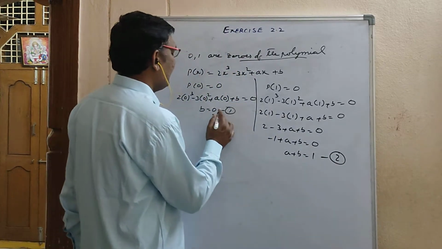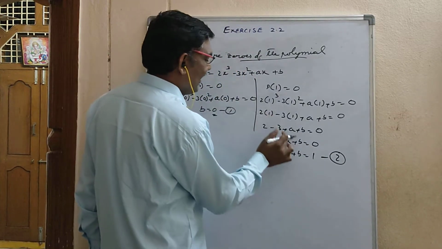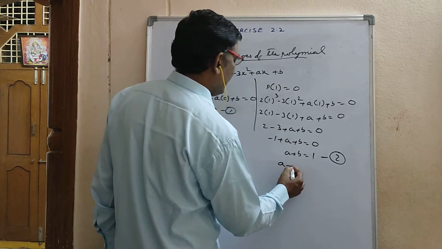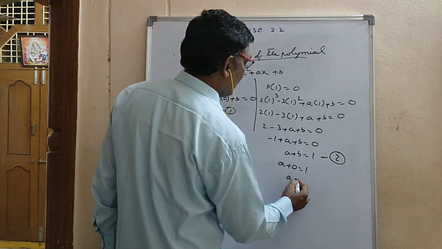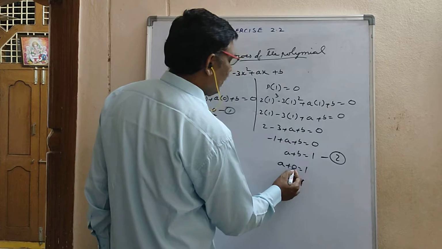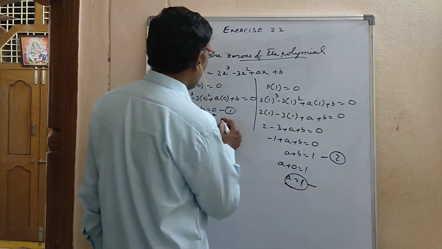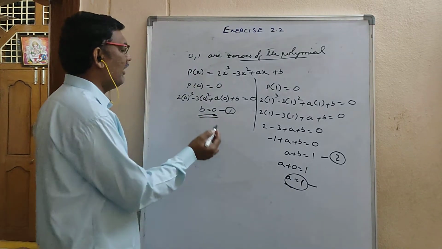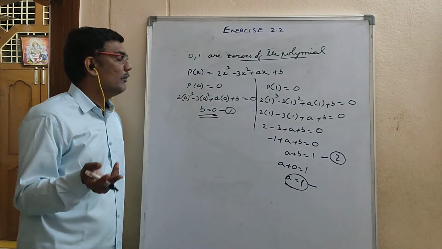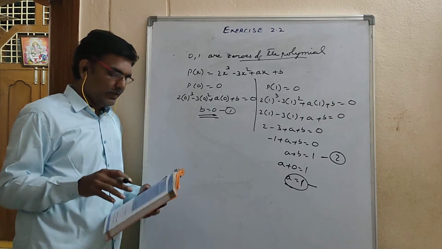What is the value of b here? 0. Substitute the b value in this one. So a plus 0 is equal to 1. If 0 is added to a, a only remains, so a is equal to 1. So you found the values of a and b. A is 1, b is 0. Okay. Next,